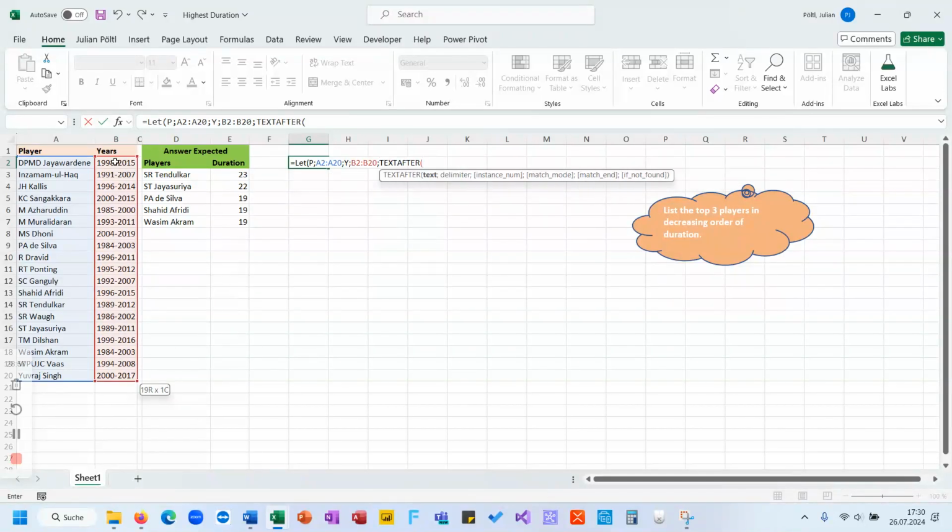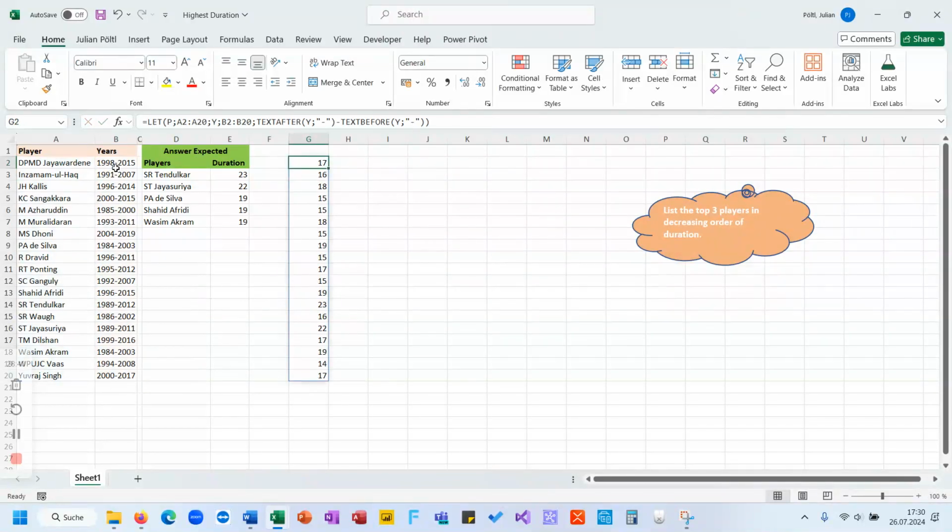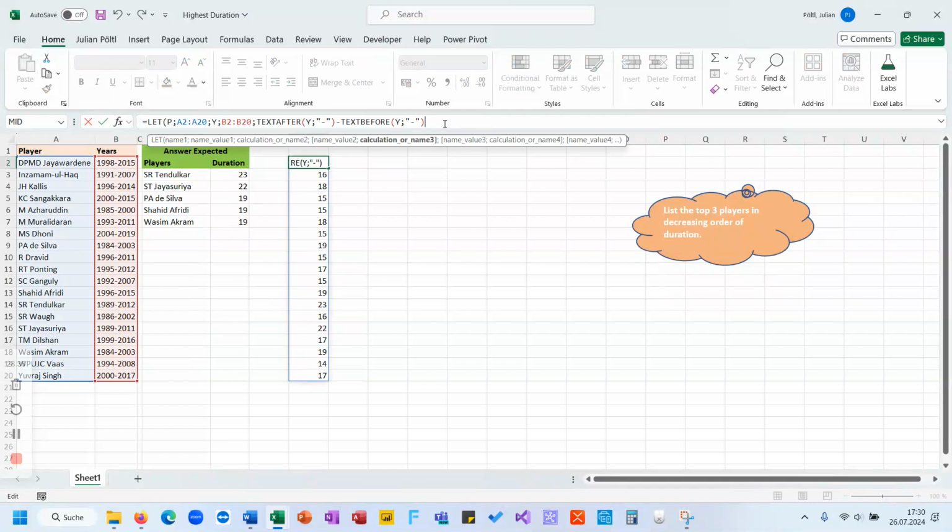TEXTAFTER year, so after the minus, and then TEXTBEFORE, also year and also minus as a delimiter. And here we have the years, and now we